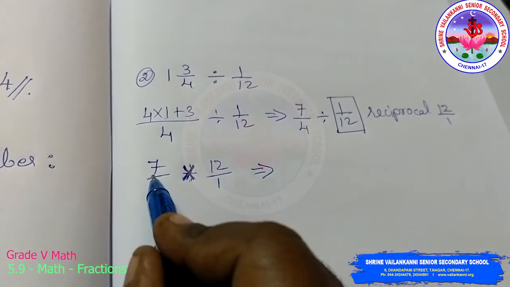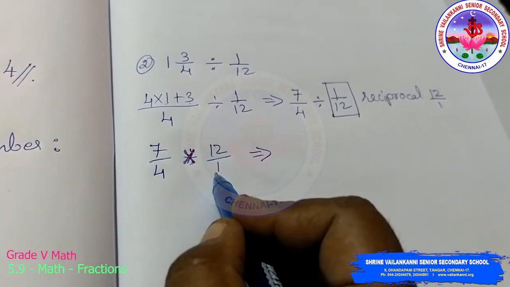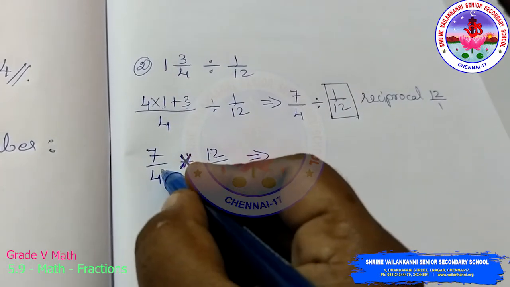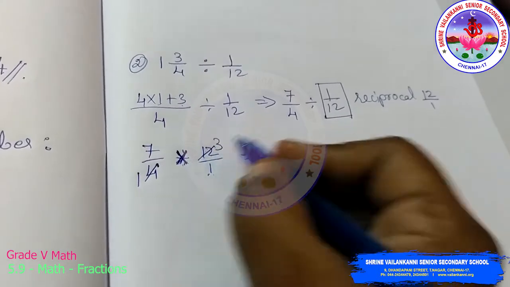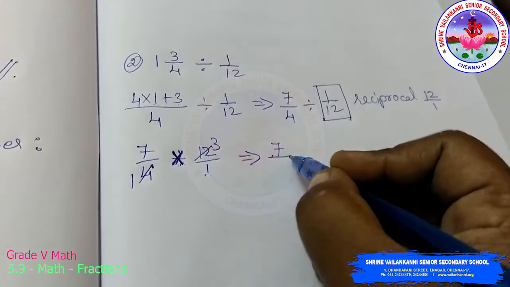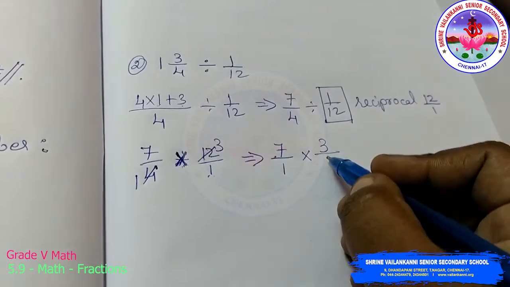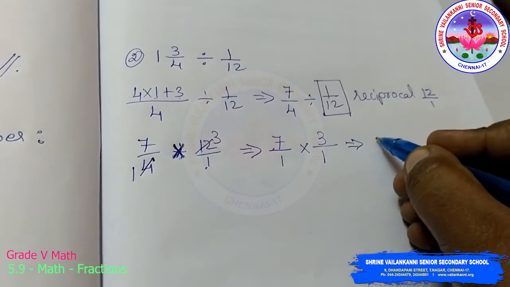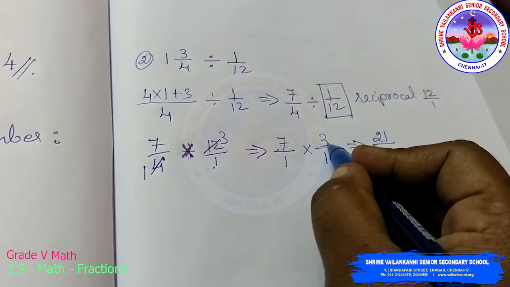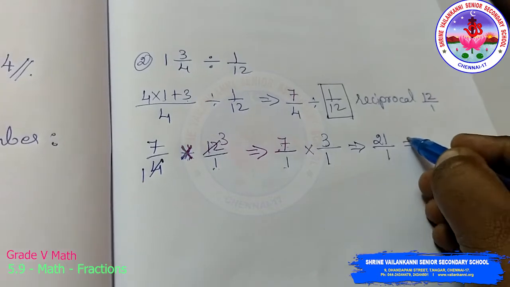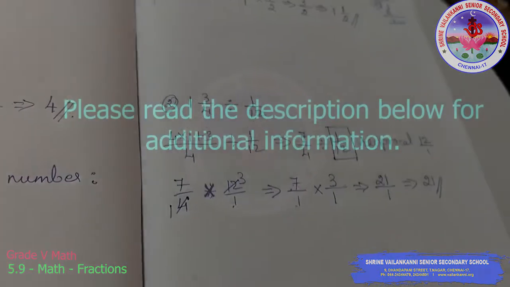So here try to do cross multiplication, or if you want, multiply the numerators and denominators. I am just going to do a simplification to get the lowest form. 4 ones are 4, 4 threes are 12. So 7 by 1, instead of 4, 1 is here, into 3. Instead of 12, 3 has to be here, 1. So 7 into 3, 21. 1 into 1, 1. Any fraction which has the denominator as 1, you will consider as a whole number. 21 is the answer. Thank you, children.